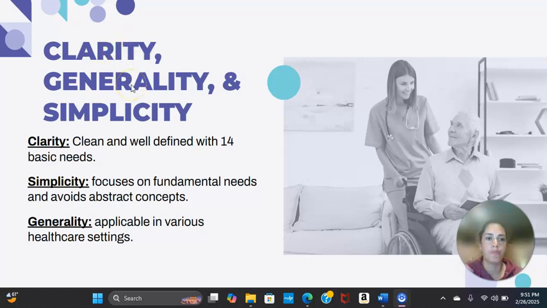So, clarity: it's really clean and well defined. It's got those 14 easy basic needs. It's a fairly simple framework that focuses on those fundamental needs, with really easy language to understand. And it's pretty applicable in a lot of different healthcare settings as well.